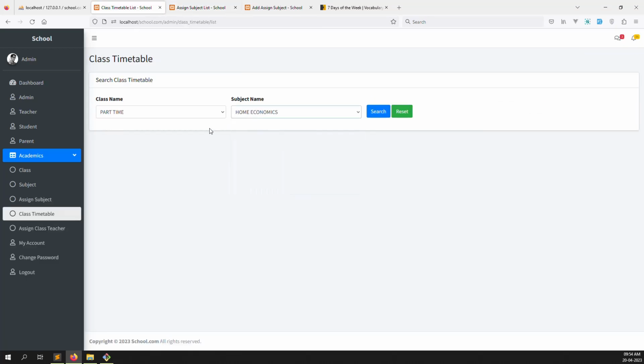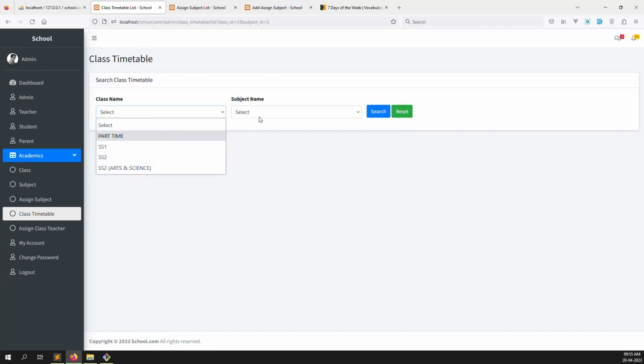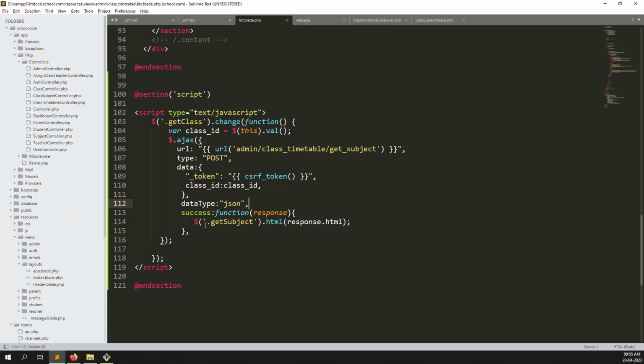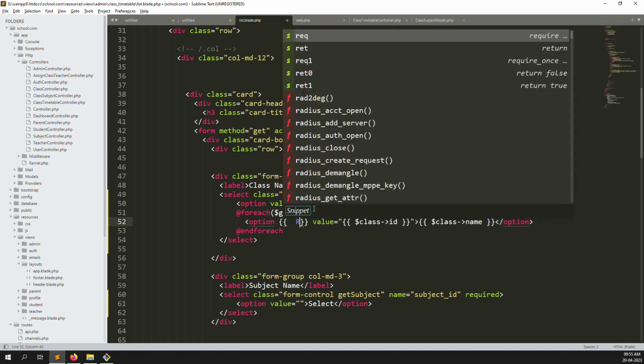Now I click on home economics and I click on search. So this is the data we have got here, class id and subject id. This class id and subject id data is there, so we need to make autofill here, and we also need to show data about this class id, and for this class id again we need to show the subject. So let's make this query first. So here we can make a request